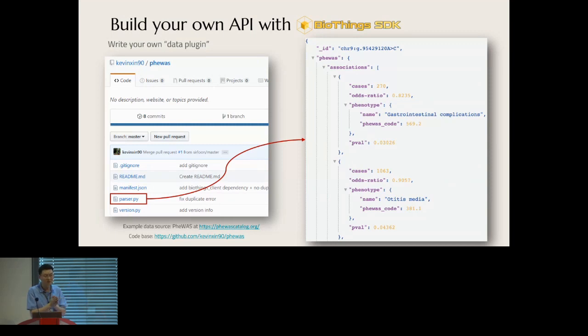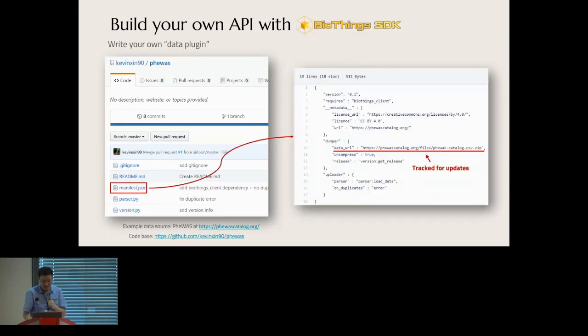But if you have multiple entities and you're talking about association, that association itself can be an object too. Just like this example, this is talking about the gene to phenotype association. So that itself is the object. So that's your parser. And now you need to create a manifest file that adds some metadata about your data